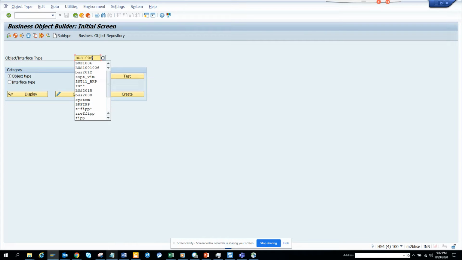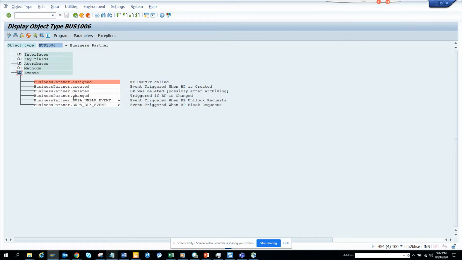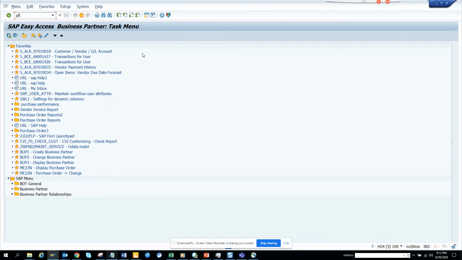So this is the business object BUS1006, and here I want to see that there is an event called changed. That's very important. Now the next step is to create a small workflow, PFTC,